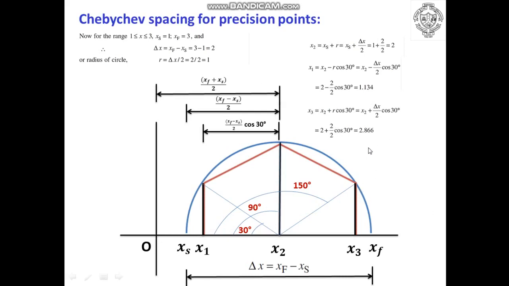So when you don't have graph paper, you can use the graphics to formulate the equations, and from those particular equations you will be able to find out the answers for various precision points such as x1, x2 and x3. Try to understand that the values of x1, x2 and x3 depend on the angles at which the various positions of r, that is the radius, are located, to find out the intersection of the corner of the hexagon and the circumference.